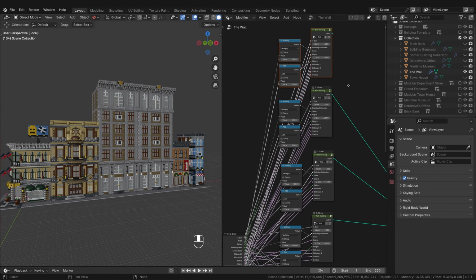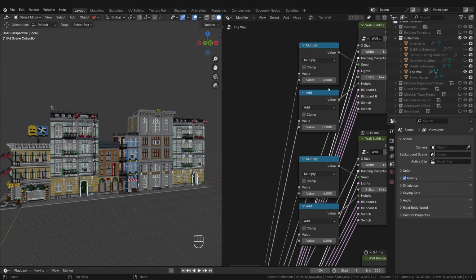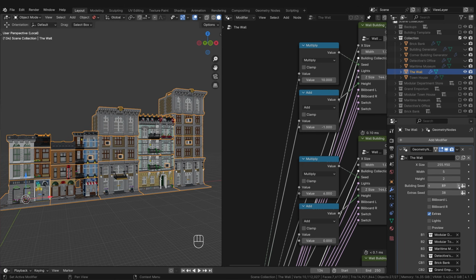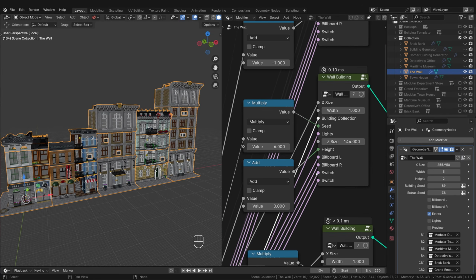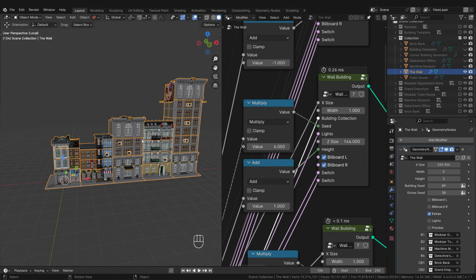And use the math node connected to the height to enter an alternative value. Of course, we can also change the seed value slightly. As you can see, this building can now appear with two different heights. You can then, for example, with the higher version, disconnect the billboard connections and always leave it activated. To be on the safe side, perhaps a little higher so that there are no overlaps. But that is entirely up to you.